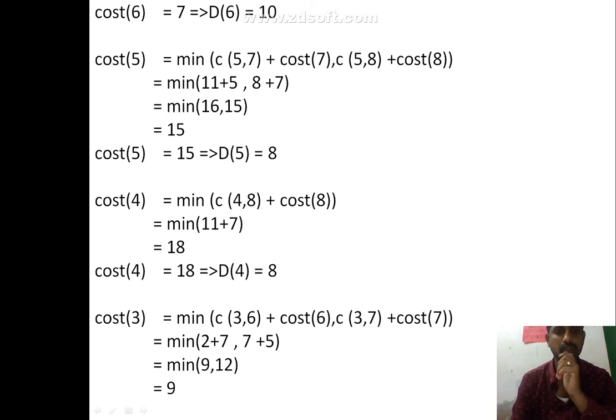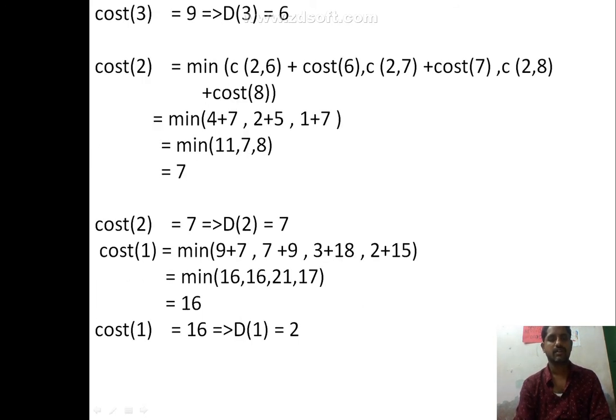And cost of 3 is min of c(3,6) plus cost of 6, and c(3,7) plus cost of 7, equal to min of 2 plus 7, and 7 plus 5, equal to min of 9 and 12, that equal to 9. Then cost of 2 is min of c(2,6) plus cost of 6, and c(2,7) plus cost of 7, and c(2,8) plus cost of 8, that equal to 7, and cost of n equal to 16. See here,